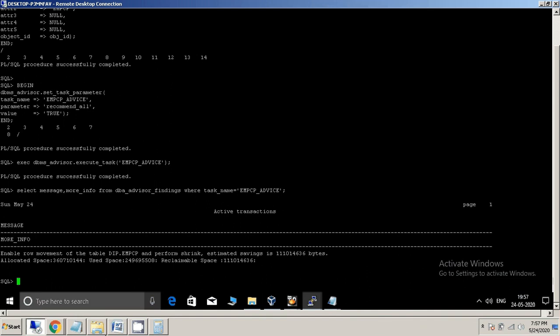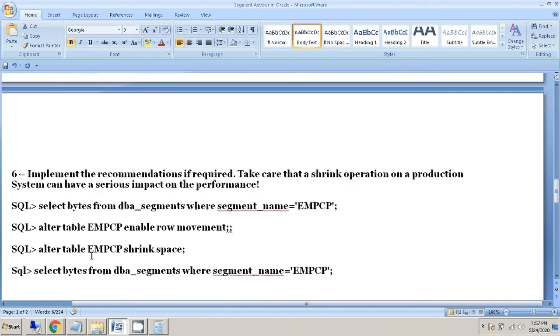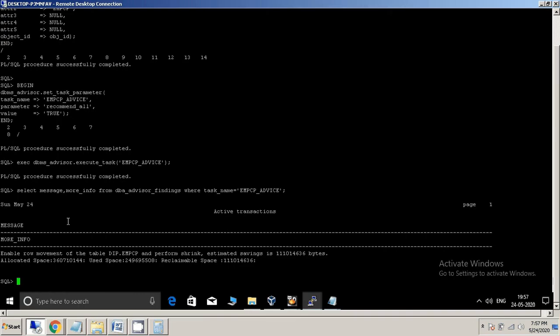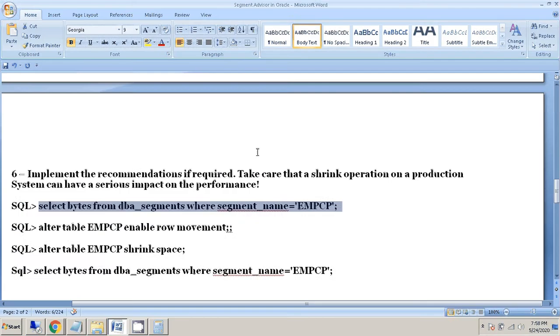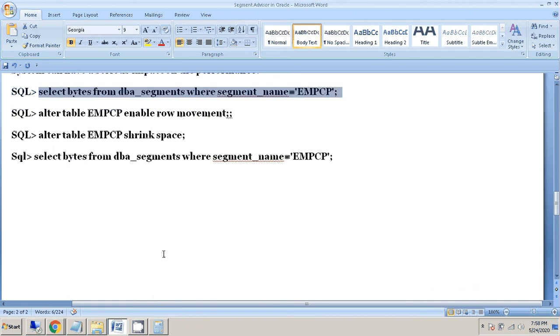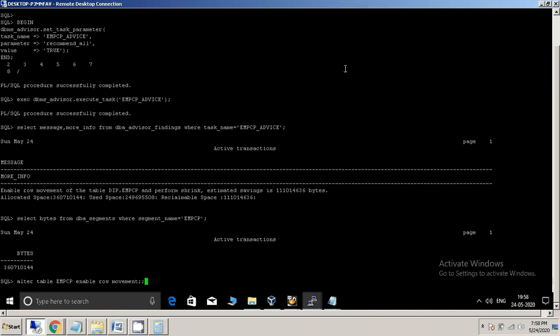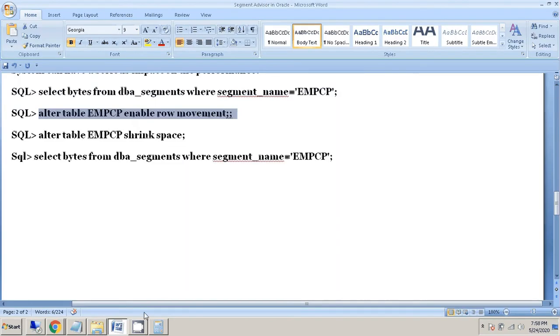Now we'll see what the segment size is currently. Here we're getting 360. Perfect. So now we'll do the shrink. One second, first enable row movement on the table.